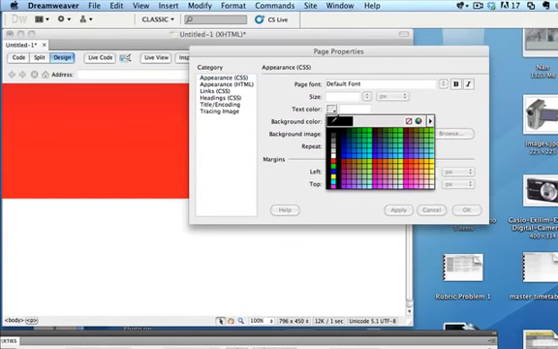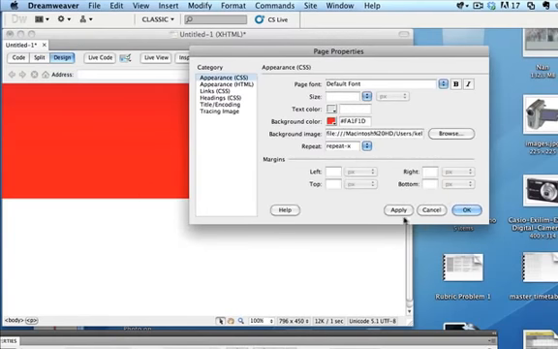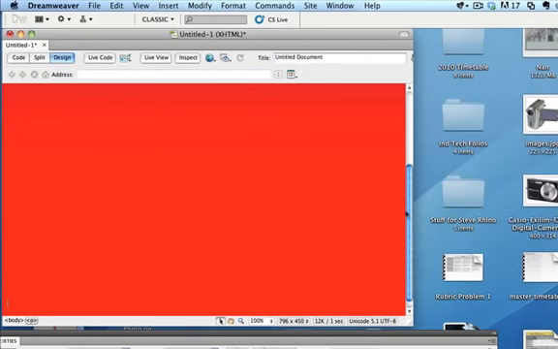So I'm going to select a background color. Now rather than trying to match exactly what that red is, in Dreamweaver I can actually just bring my eyedropper over here and select the red straight off that image and hit apply. So what it looks like now is I've got a gradient here that actually doesn't seem to end, so it'll always